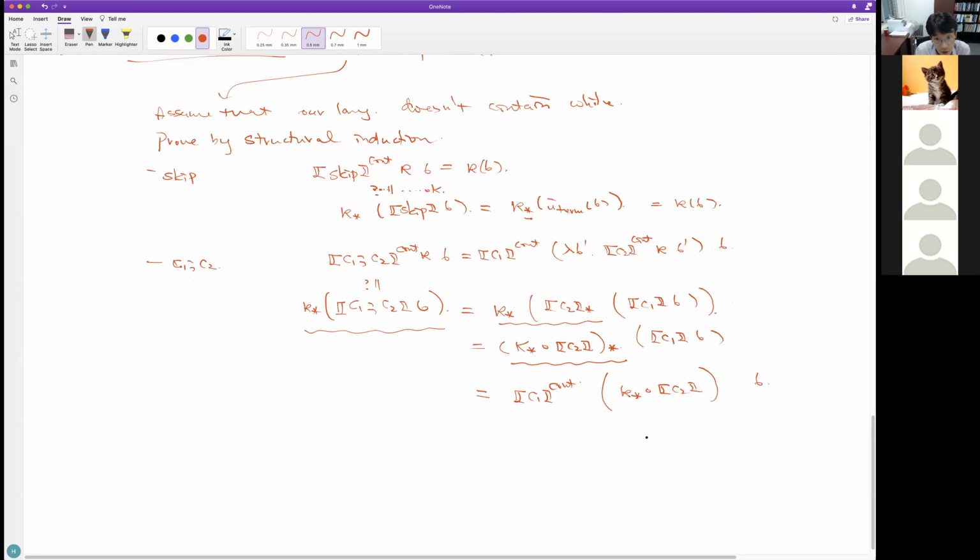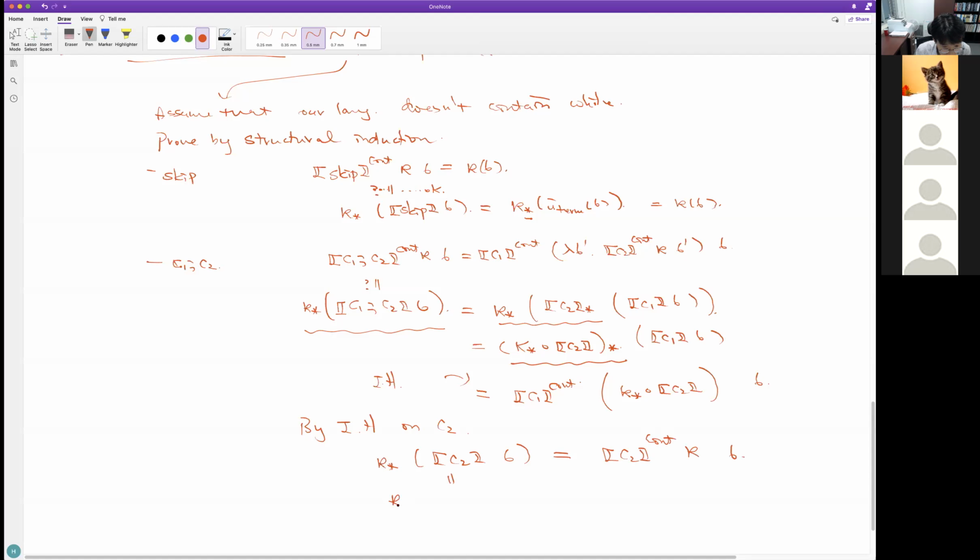If I look at this kappa star and C2, by the induction hypothesis on C2, we know that kappa star C2 applied to sigma is the same as C2 continuation semantics kappa sigma.